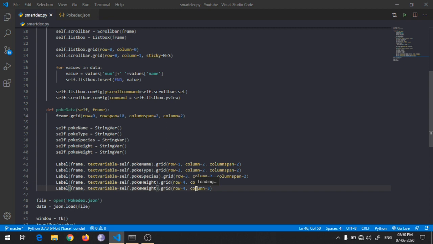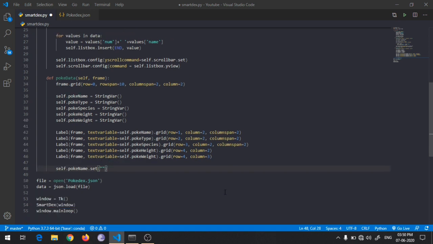and now let's just pass some data and see if those values are coming. So for changing the value of this StringVar object, there is a method called set. We just have to pass a string which we want to show.